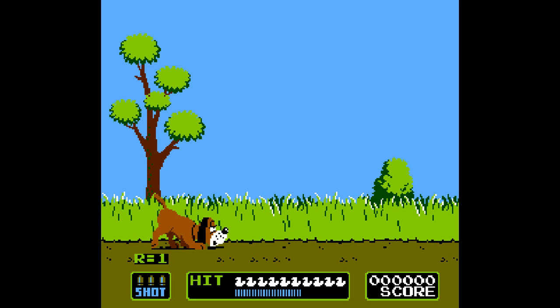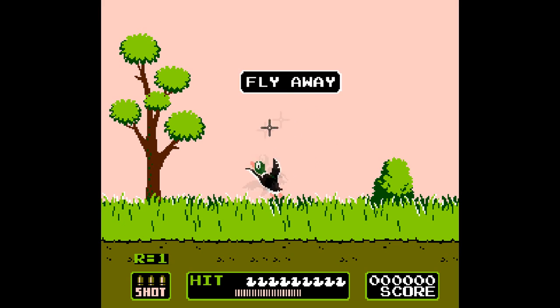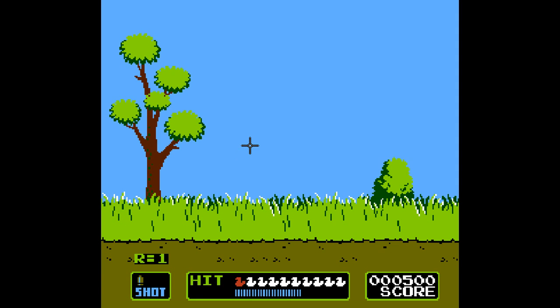So this is round 1. There's the dog. A lot of people say they hate that dog, but I like it. So anyway, what you want to do is you point your zapper at the duck, and you hopefully shoot the duck before he successfully flies away. You get 3 shots,